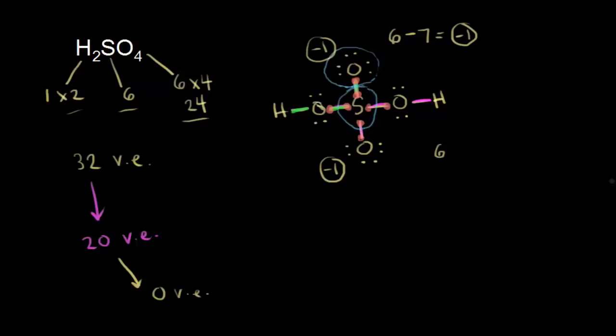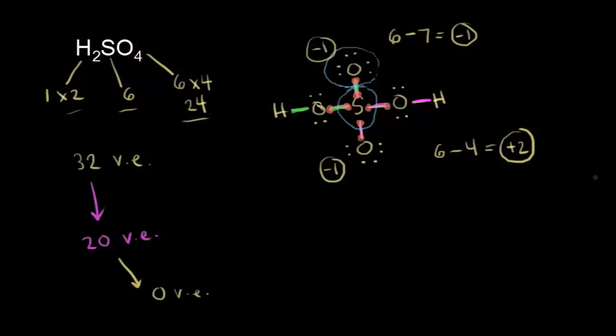So sulfur is surrounded by 4 electrons in the bonded atom here, and so it's 6 minus 4, which is a formal charge of +2. So this dot structure might look like we're done, but we have a lot of formal charges, right? We have -1, +2, and -1. And usually molecules like to minimize the formal charge. And so if there's any way to get this formal charge as close to 0 as possible, that would be